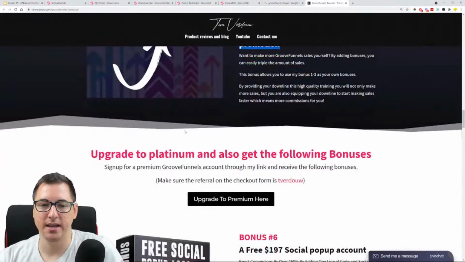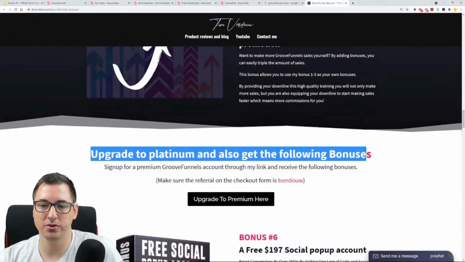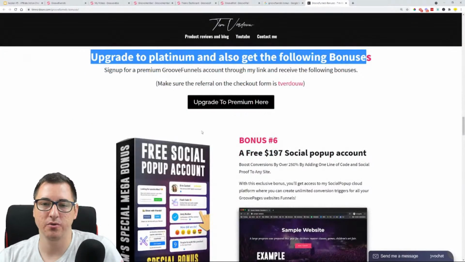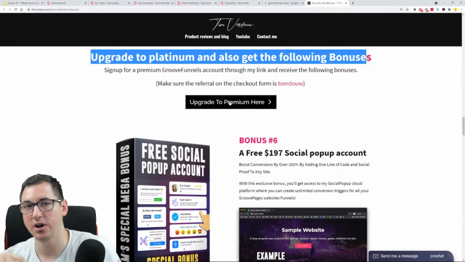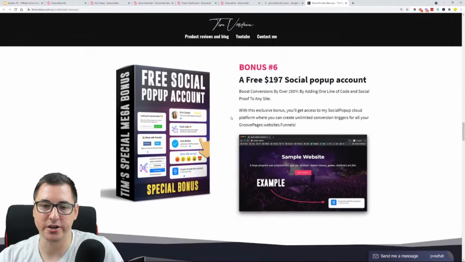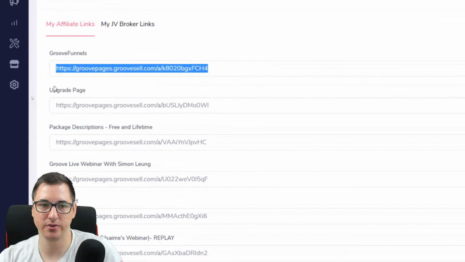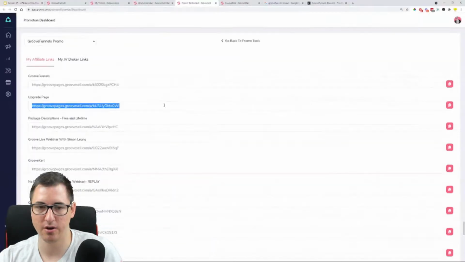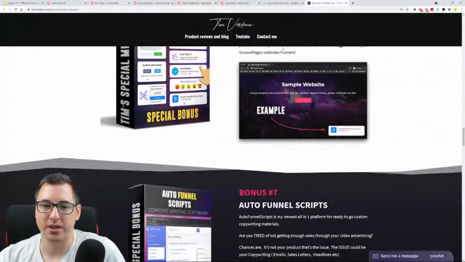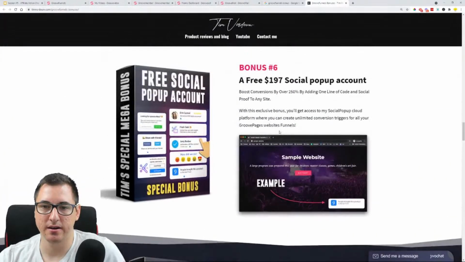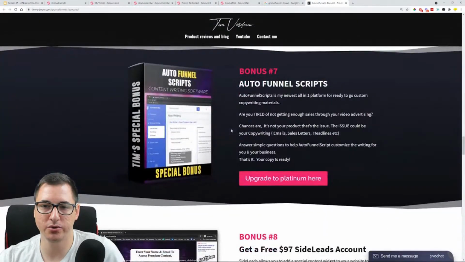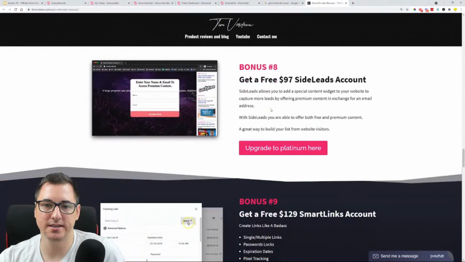Okay, and then he says upgrade to platinum and also get the following bonuses. So you can click here to upgrade to premium, and this is the actual other page, not the affiliate link, not this first one, but the direct upgrade link that you can get here as well in your affiliate links. So let's just see, he's giving away a couple more bonuses. So there is bonus 1 for the premium, bonus 2. So he's giving away a lot of this